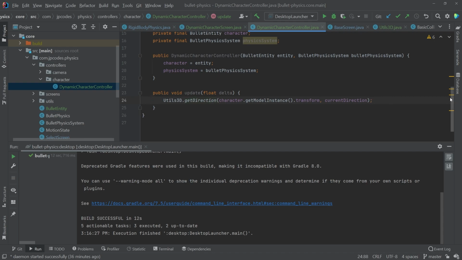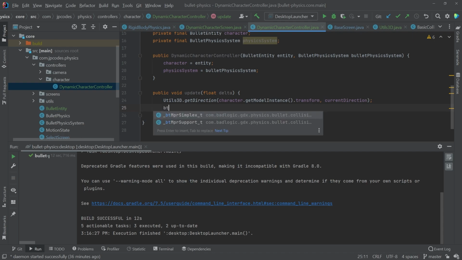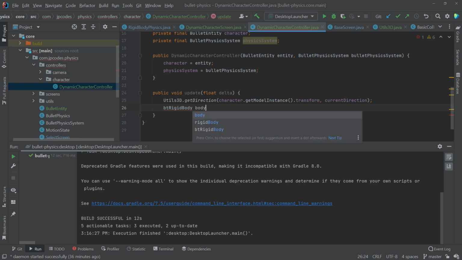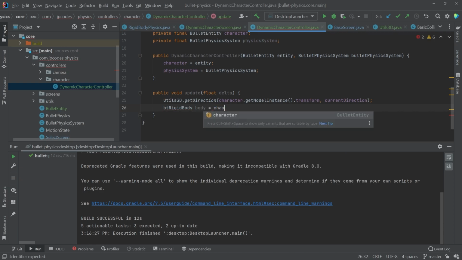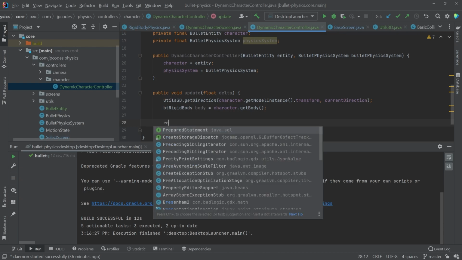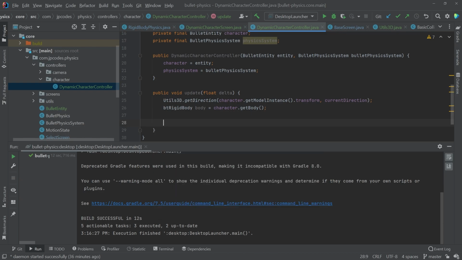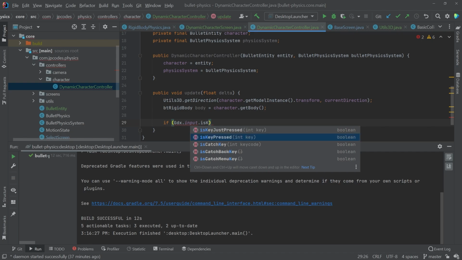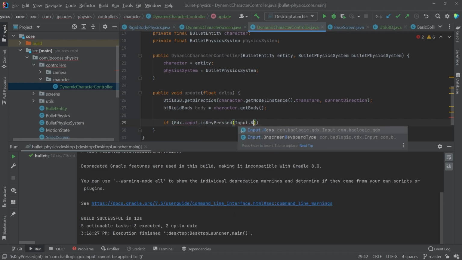So we're going to call this, we'll get the direction of our model. And now let's get the rigid body from the bullet entity. Get body, there we go. And I'm going to create a method here called reset. Actually, we're going to want to do that. Let's do this first. Let's keep it simple. Let's just start with the inputs. So we'll say if the W key is pressed,